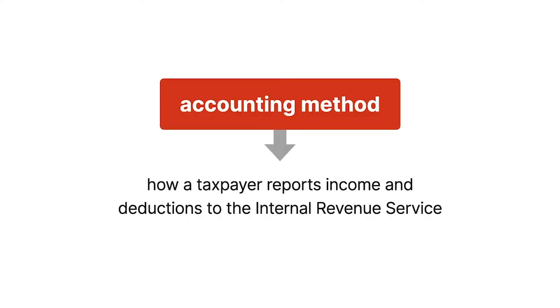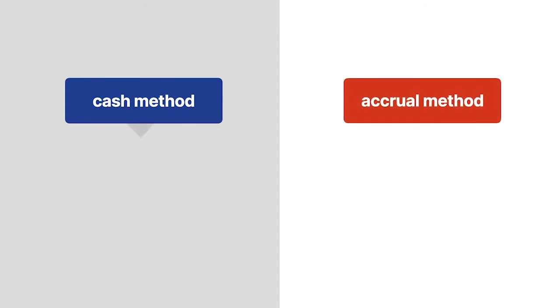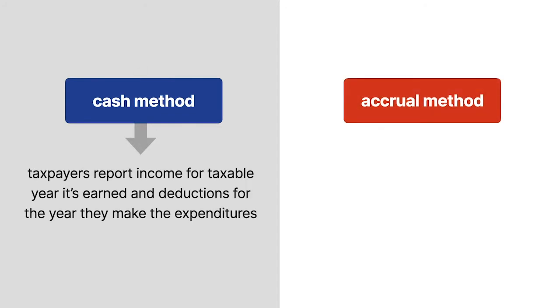In tax, an accounting method is how a taxpayer reports income and deductions to the Internal Revenue Service, or the service. The dominant accounting methods are the cash and accrual methods. Cash method taxpayers generally report income for the taxable year it's earned and deductions for the year they make the